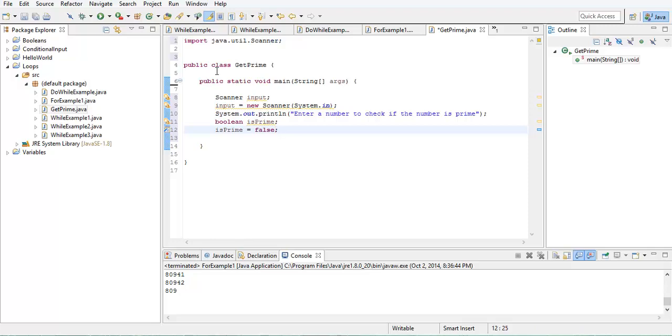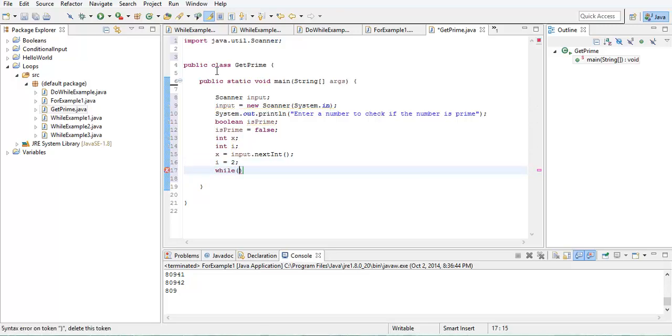Int x, int i. So x is equal to input.nextInt. So x is not our initializer. Actually, i is equal to 0, or i is not equal to 0. It's equal to 2, because I'll show you in a second. It's just math, basically. So while i is less than x minus 1,